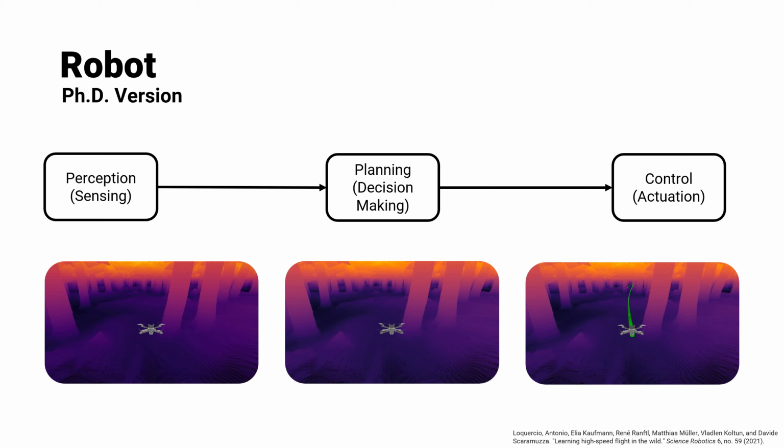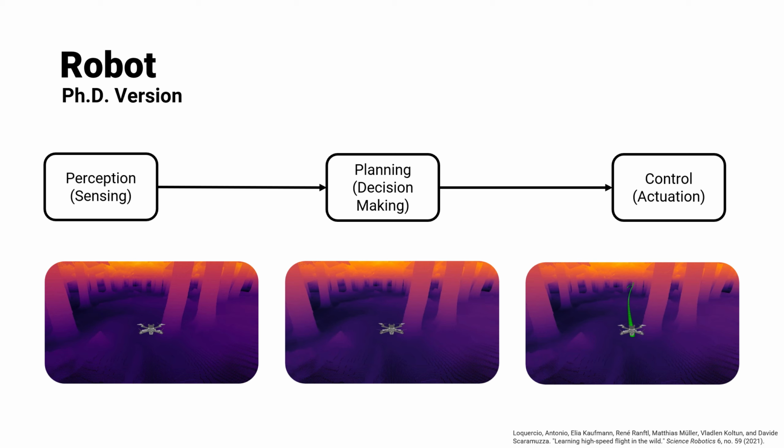You do this over and over again, generally a few hundred times a second, depending on the kind of robot you have. So robots again are amazing, and they come in various flavors. Almost all of them have 3 distinct modalities which feed into each other and they occur in a recursive loop, right? You start with perception, you get a sense of what is around you, then you do planning, you plan for what needs to be done next, and then you actually execute this action through some control or actuation modality.